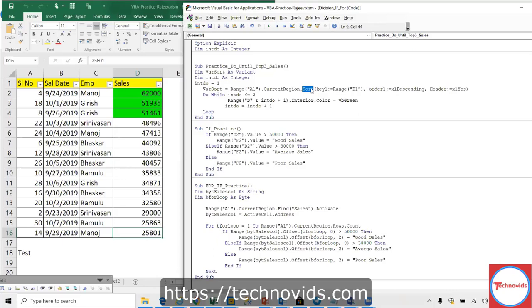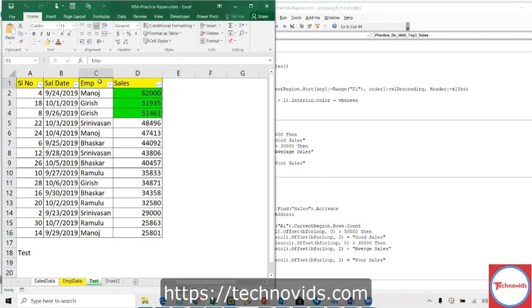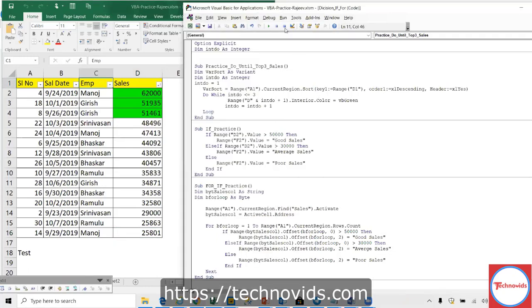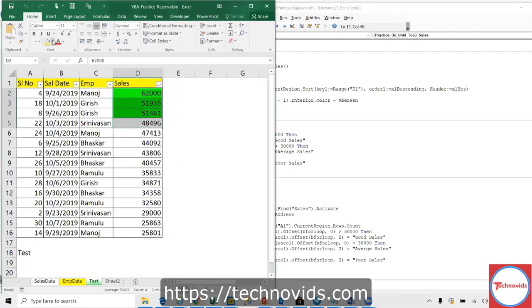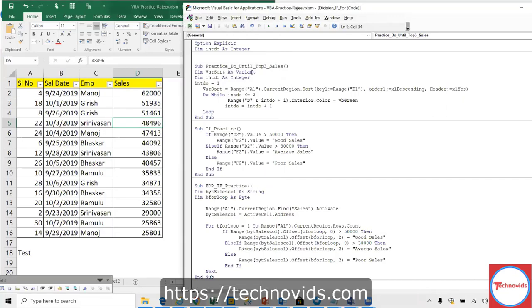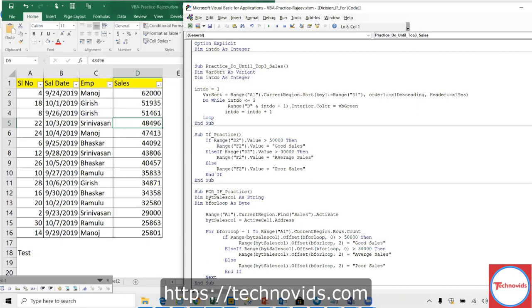So let us do something more dynamic now. I have a user who will give me the number: top 3 or top 5 or top 10. He will change his mind again and again, and he will give me the input. Depending on that input, I have to change this dynamically. That is simple, nothing to worry. So I have to receive an input from the user.